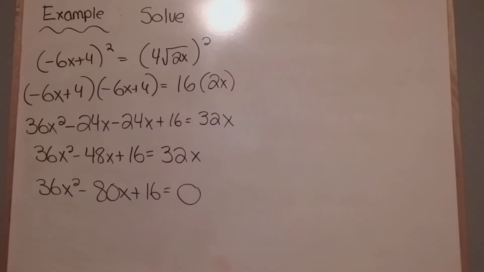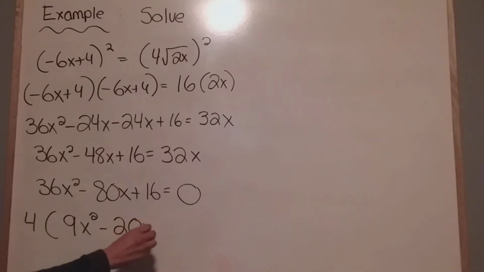So this is a quadratic. In order to solve a quadratic, I can use my quadratic formula or I can factor. In this particular question, you can factor. I can take out a GCF of 4, which leaves me with 9x squared minus 20x plus 4